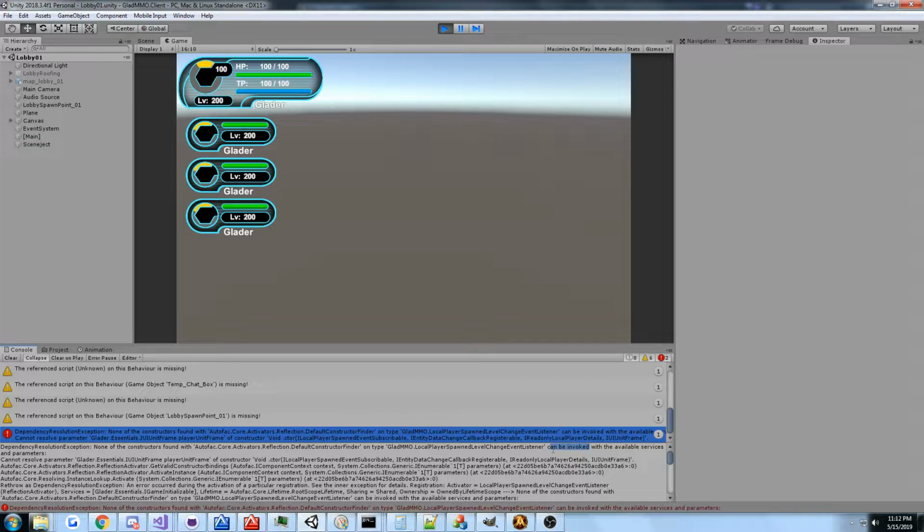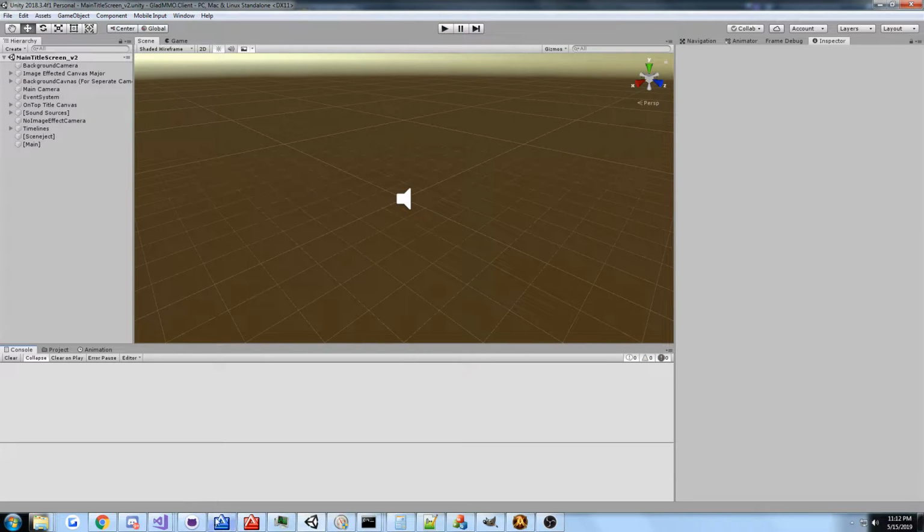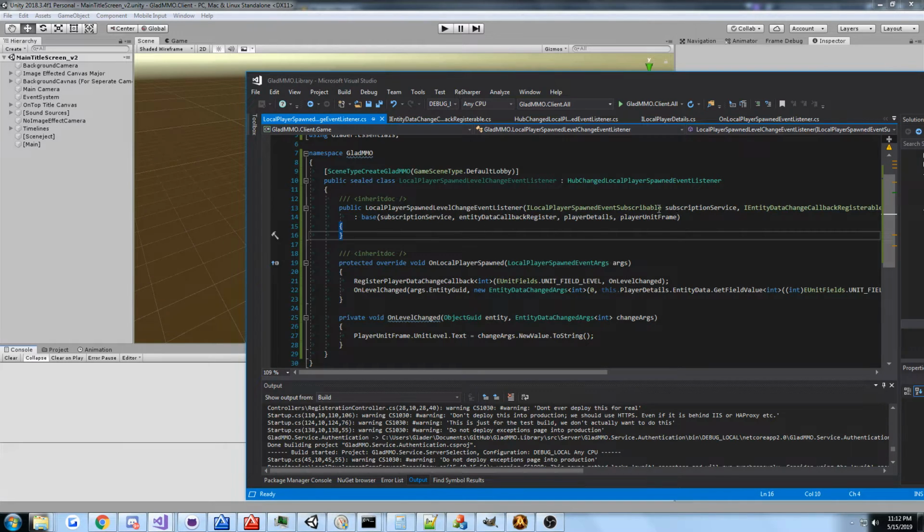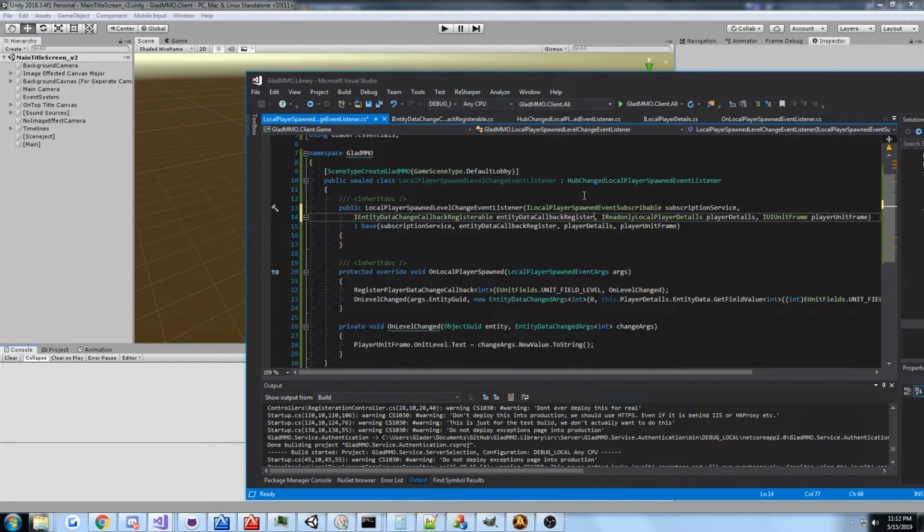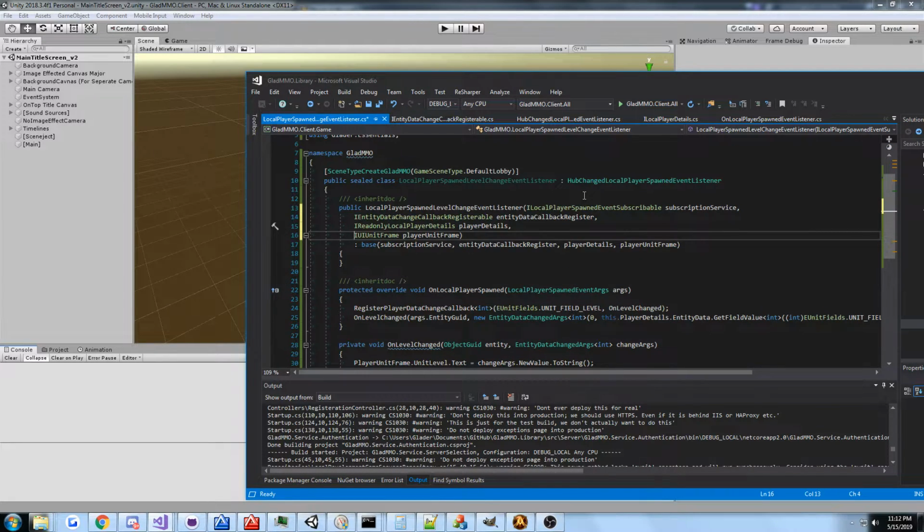I did make a mistake. I forgot one thing. But that's okay. It's actually something rather annoying you have to do, but it's so that we can actually access the UI. We want to access the UI. We can't just say that we need a unit frame because there's lots of unit frames. We need to say,